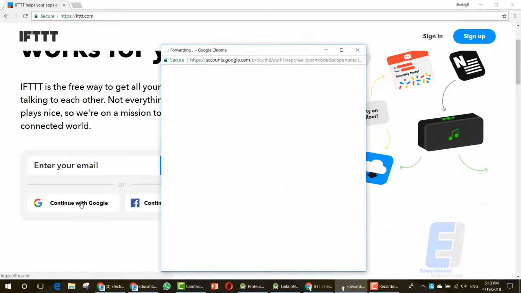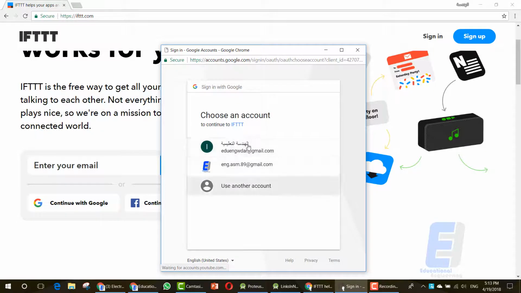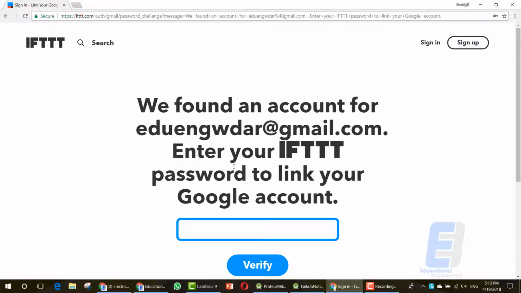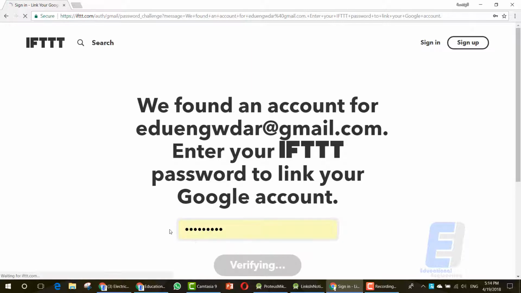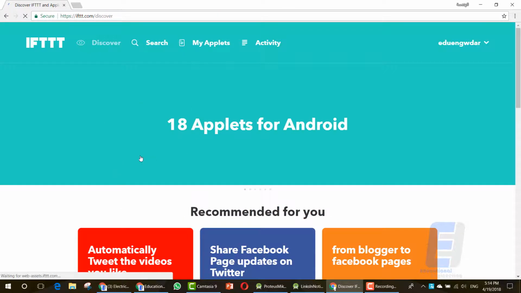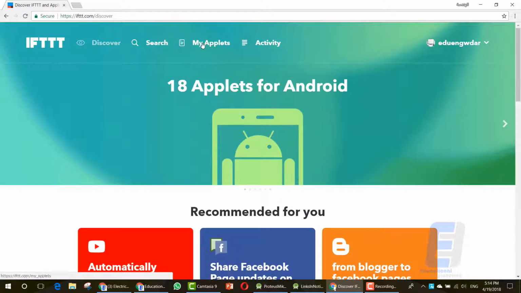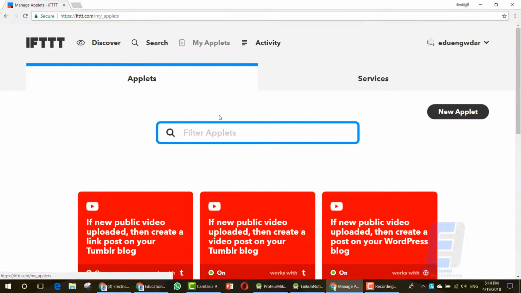Let's continue with Google. So you can proceed with any account that you want. We want this account. It's called EduEng. As you can see, I already have an account with that very same email, so I will just enter my account password and click verify. That's it. Now let's go to this menu. It's called My Applets, and let's go to the services